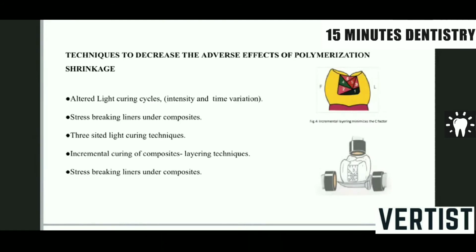Even if there is a shrinkage, whenever the light is curing the composite from the top, even if there is a shrinkage towards the surface, you can always add a next layer and compensate for this shrinkage. Now, whenever you are doing class 2 cavities or deep proximal cavities, at that time the light may not pass directly to that area. So to change the vector of light, we have light transmitting transparent wedges which are put interproximally and then cure the interdental area, so that you get better penetration and exposure to light and reduce the polymerization shrinkage.